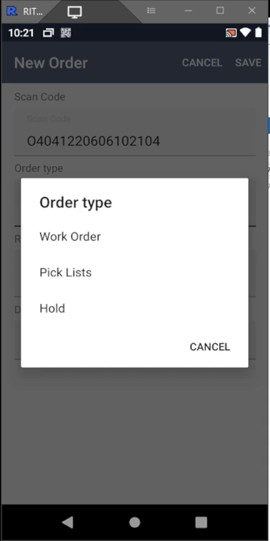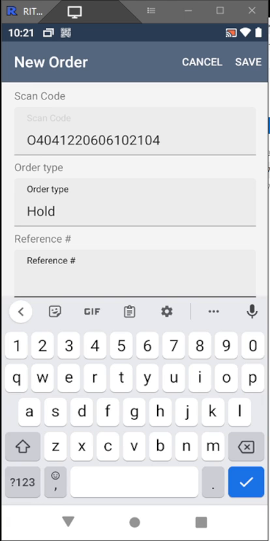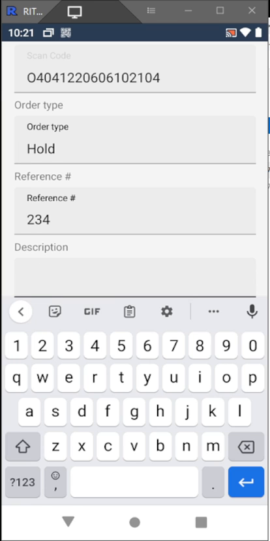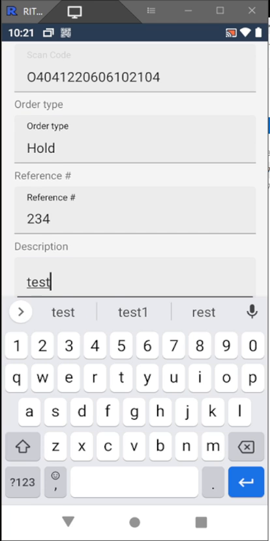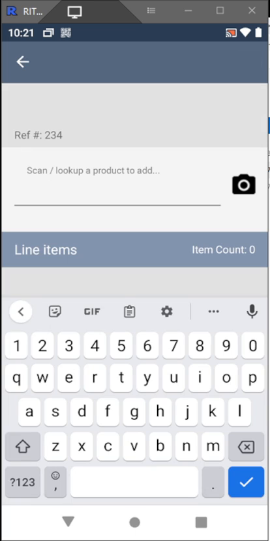You do need to fill in an order type, as well as give it a reference number. A description is handy as well. And then it is ready for you to scan an item,